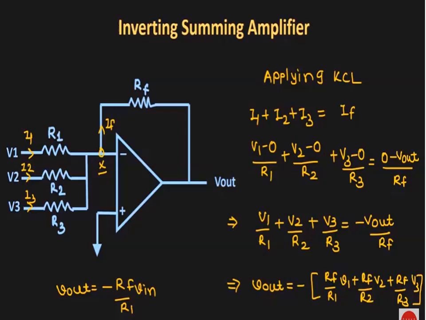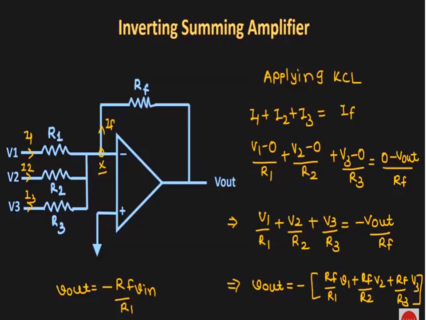How I am going to add them: the voltages I have taken, I have connected to the inverting terminal of the op-amp. You can see in the figure that I have connected the voltage sources V1, V2 and V3 to the inverting terminal, and RF as usual, and the non-inverting terminal I have grounded. Due to this grounding of the non-inverting terminal, we get the concept of virtual ground. I have explained this in the previous video.